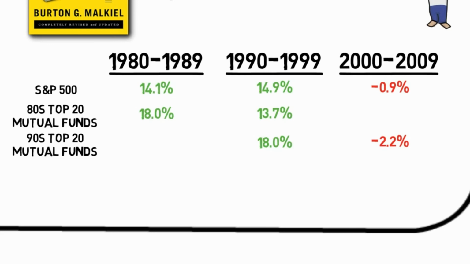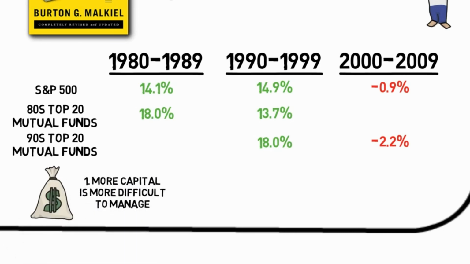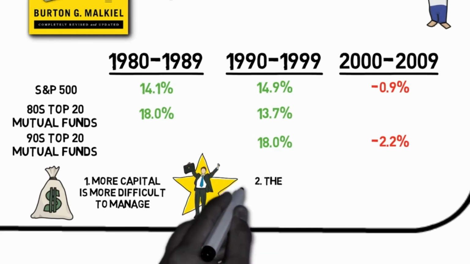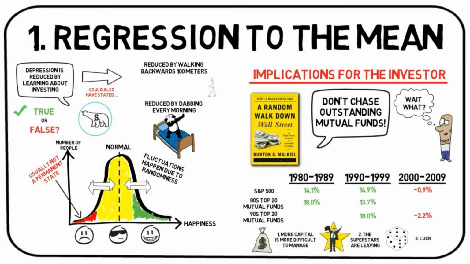There are many reasons as to why this happens. One reason is because great funds attract more capital, and it's a well-known fact that it's increasingly more difficult to beat the market the more money you manage. Another possible explanation is that the superstars of these funds are recruited elsewhere, so it's not even the same person in charge of the investments during the 2 decades. And there's the explanation which Kahneman prefers to give: the outstanding returns they made in the first place were primarily due to luck, and luck always obeys regression